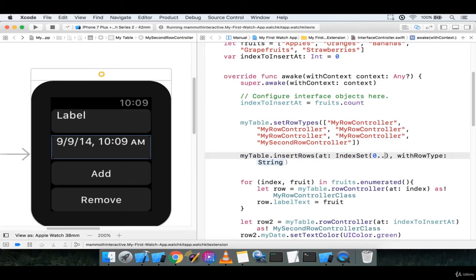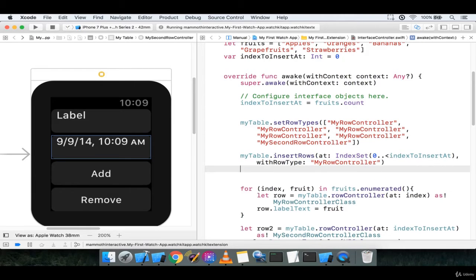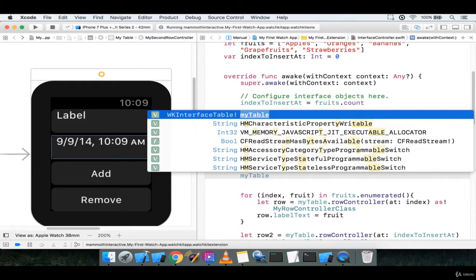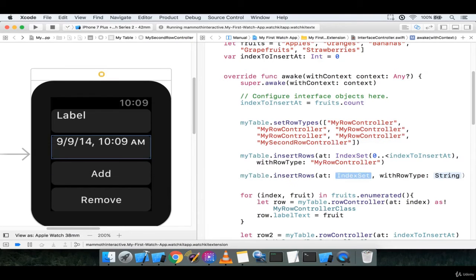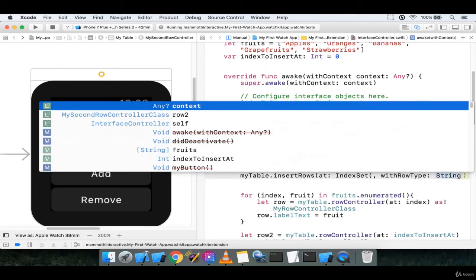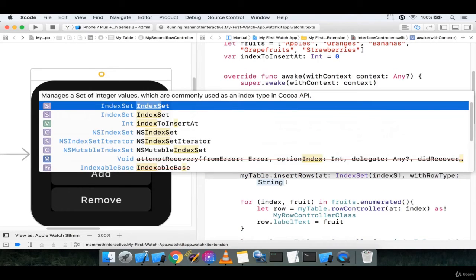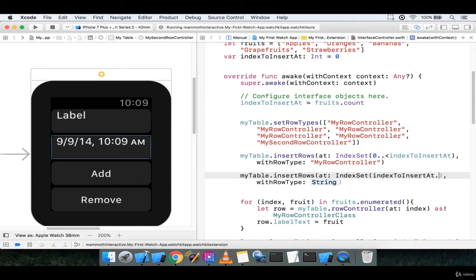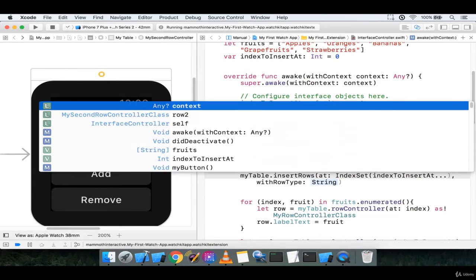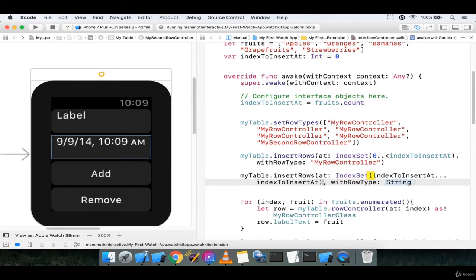So we're going to start at 0, dot, dot, less than index to insert at. Right? This is essentially us saying 0 to dot, dot, 4, because it's less than 5 here. And with row type, right, we know that this is going to be my row controller. Okay, that's one set of tables. My table dot insert rows at index set, and we will start at index 5. Index to insert at dot dot dot index to insert at with row type my